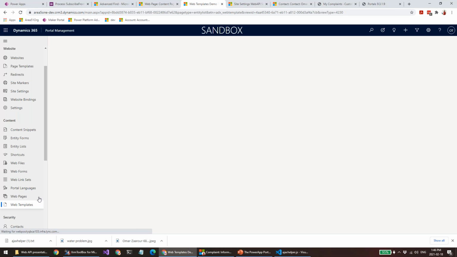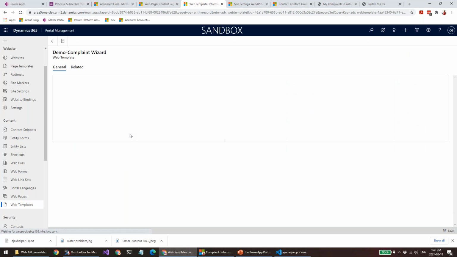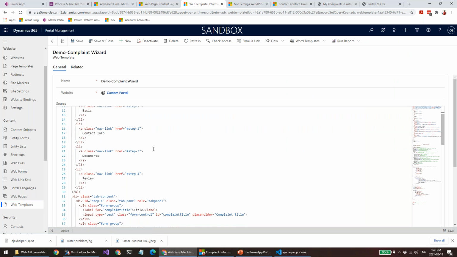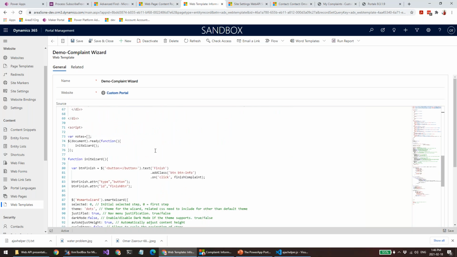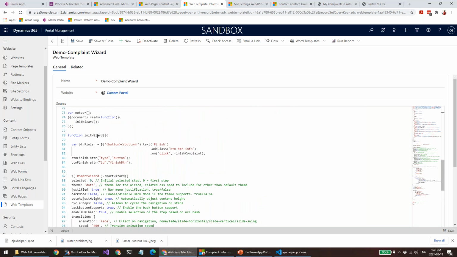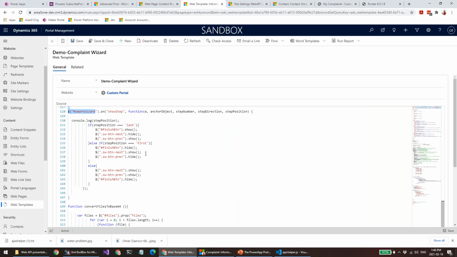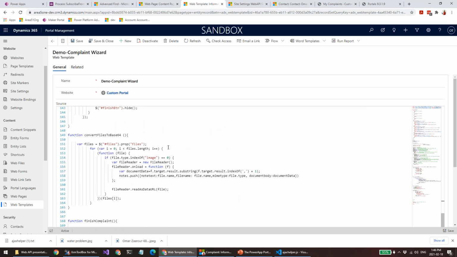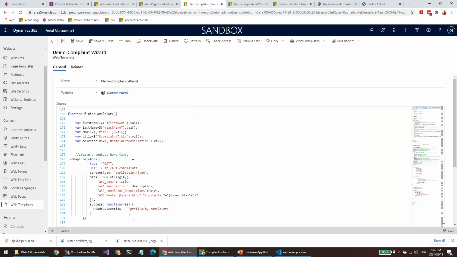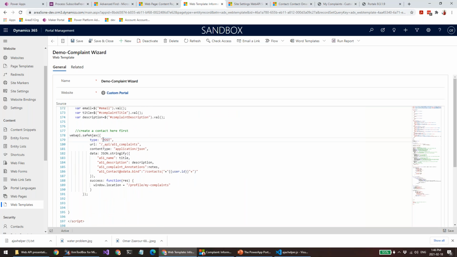So if I go to web templates, and there is the complaint wizard. So I have like some HTML and the wizard that I talked about. This is just a library for jQuery called quick wizard or smart wizard, sorry. And in here, once I get all the data, first name, last name, details, title, description, and notes, I do a single call to Web API to post everything for this complaint, including the annotations, which are the notes I